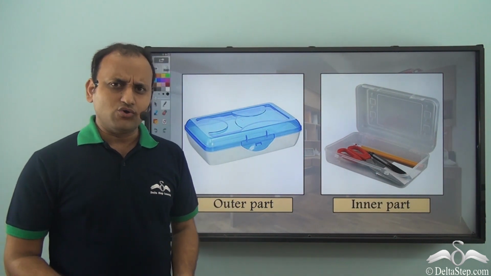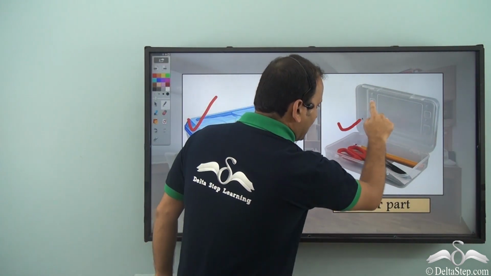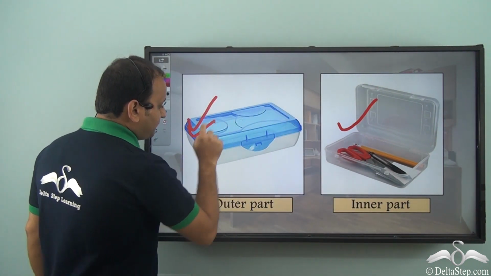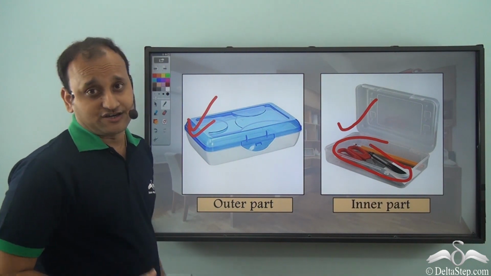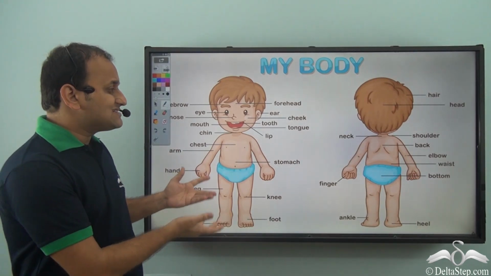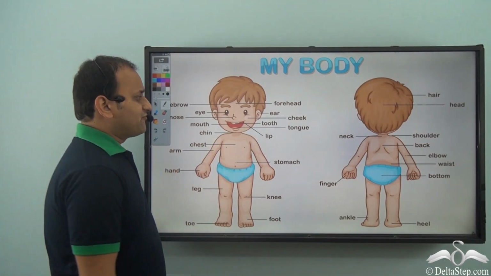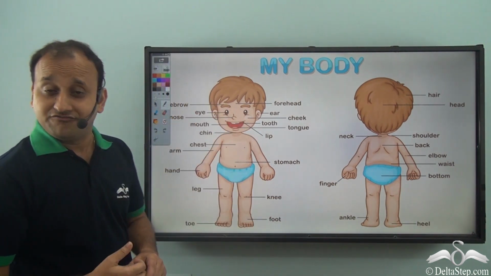Now, similar to a house, any other thing also has an outer part and an inner part. So you see, from outer it may look different, and when you open up inside, you will see a lot of other things which have other functions. Similarly, when we talk about our body, our body has lots of outer parts. Right from face and eyes and nose to your arms and feet, we have so many different outer parts. Similarly, our body from the inside has lots of different parts which have different functions. So let's see how they are similar and different from a house.